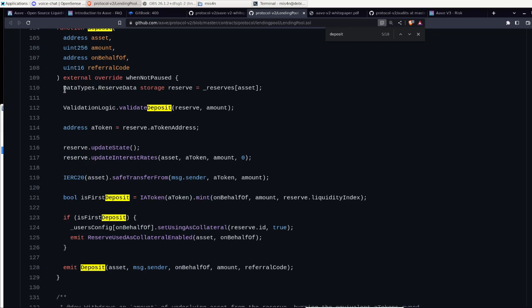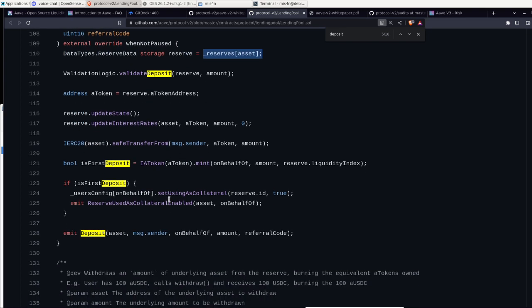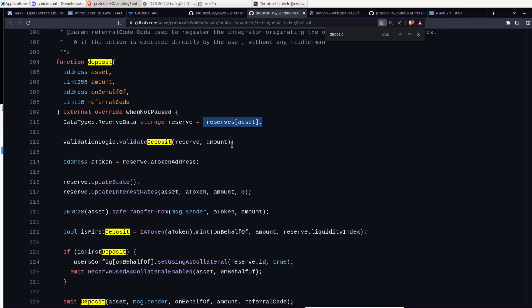First thing, we have this data type, and we're reading probably how much reserves we have. And then probably we're validating if this deposit is too big or too small.